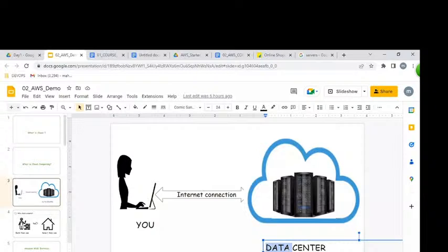To understand this, I'll give an example. For example, I want to build a Hotstar kind of application, or Prime Video, Netflix, any kind of website I want to host. What do we require first? Network. First we establish networking. Once the network is established, we create a server. On top of the server, we host our application. Once it is hosted, we can access it over the internet from anywhere in the world.